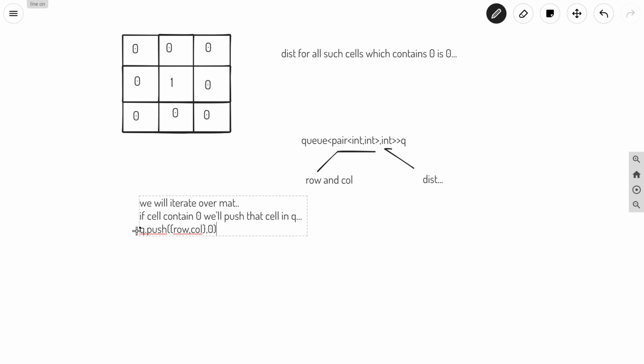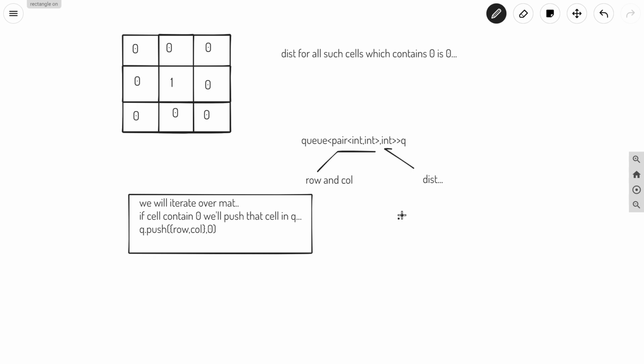Okay, so this is our first task, and after that we have to iterate over the other elements. After doing this, we will iterate through this queue. Let's say we are on a particular element of this queue.